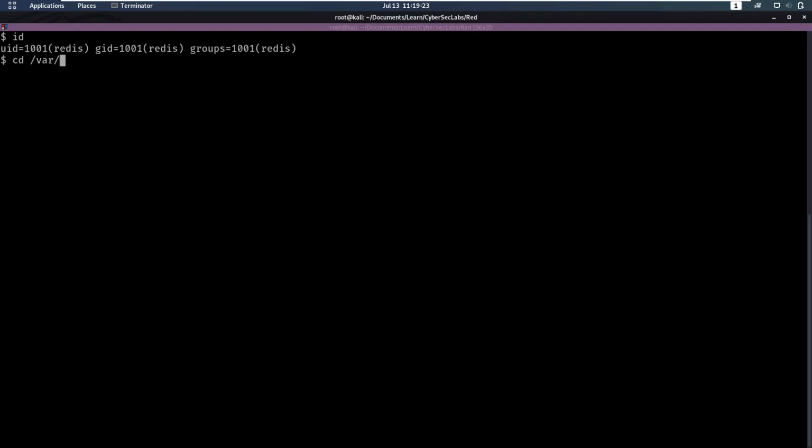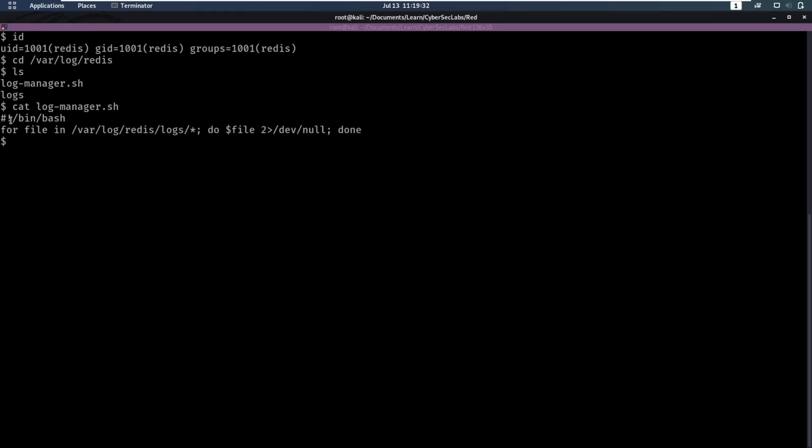cd /var/log/redis. So we can look here, and we had this log manager file that was executed as root. So if we cat this, we see, okay, it's going to execute bin bash. It's going to go through every file in the logs directory here. So every file. And it's going to execute every file and send the error contents to /dev/null. So if we have control over this logs folder, which we,